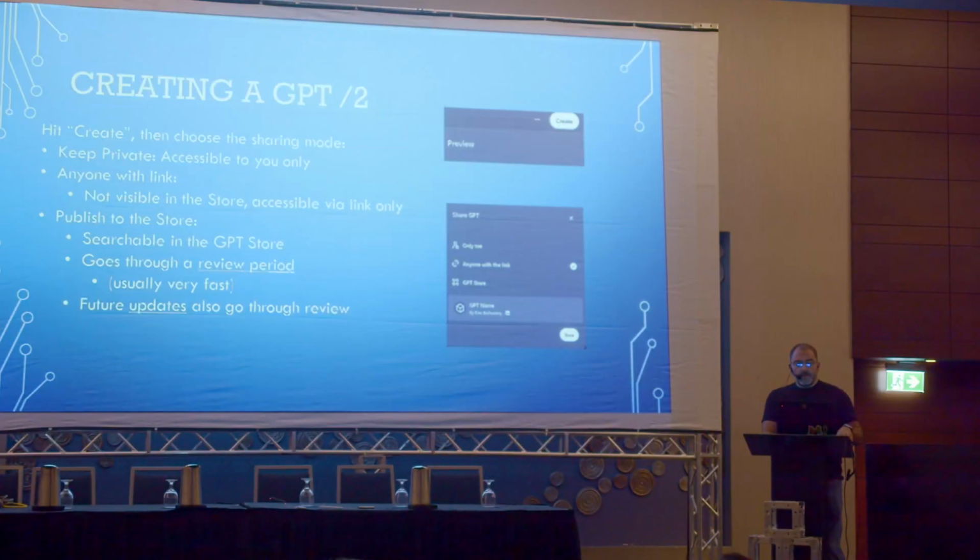Now, once it's approved, if you update your GPTs through the backend, you have to go through the review period again. It's usually fast, and you will run into false positives. They scan for certain keywords, and even if it's not malicious, you might be blocked and so on. So real quick, for example,